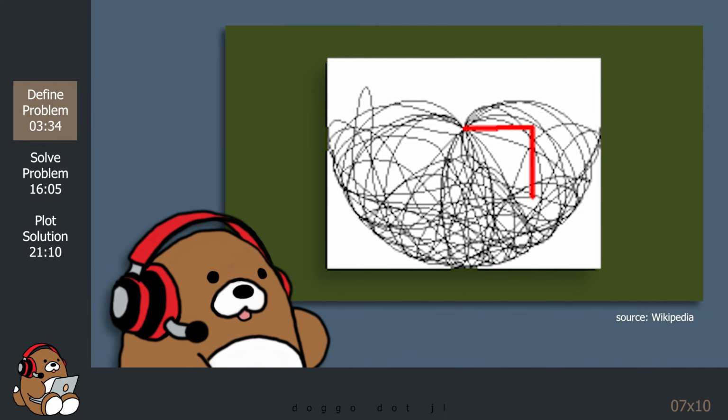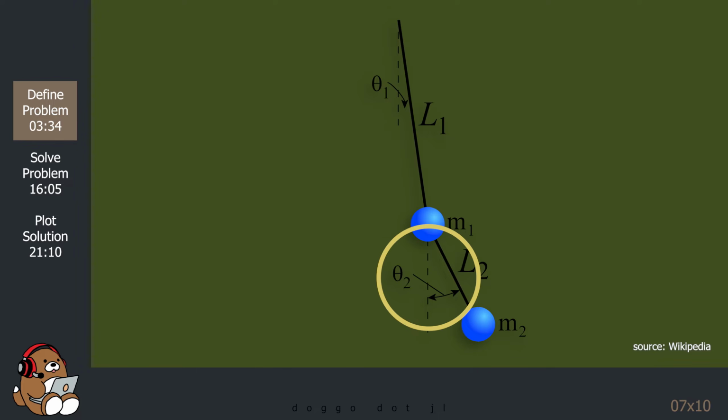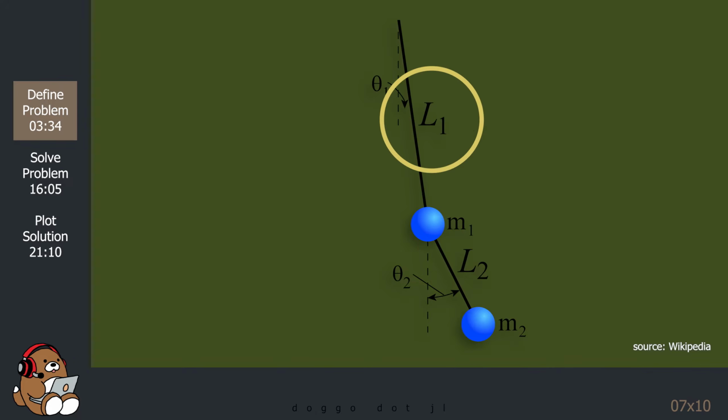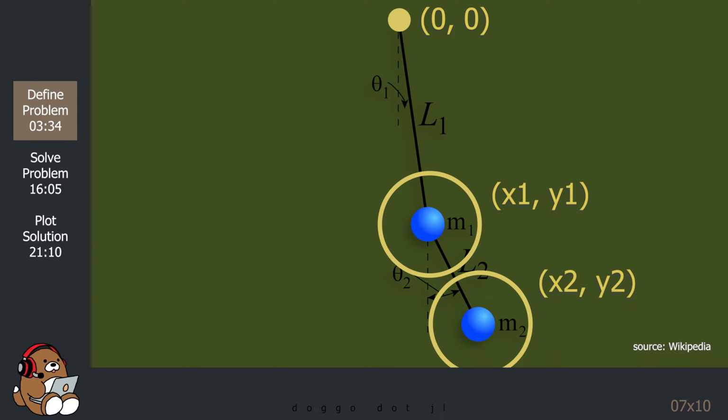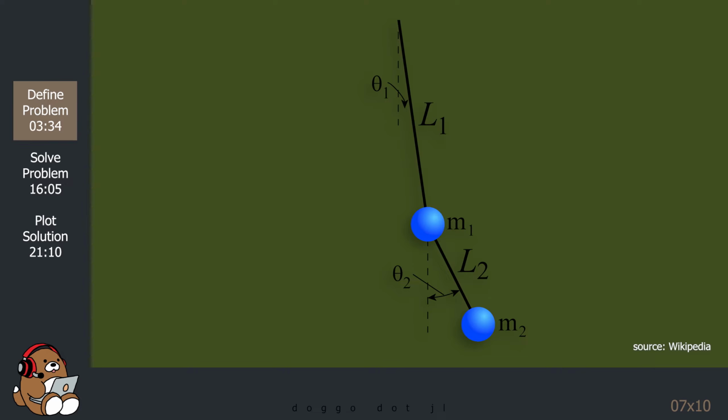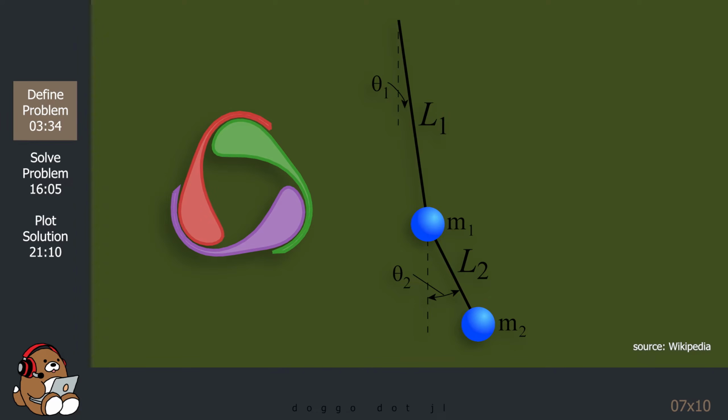So the double pendulum problem is very easy to understand what we're trying to solve. Given θ1, θ2, m1, m2, L1, L2, and g for the gravitational acceleration, we're looking for the position of the first bob and the second bob at any time t after the pendulums have been released from their initial positions. In addition, we'll learn later that the double pendulum problem is actually easy to solve thanks to the DifferentialEquations.jl